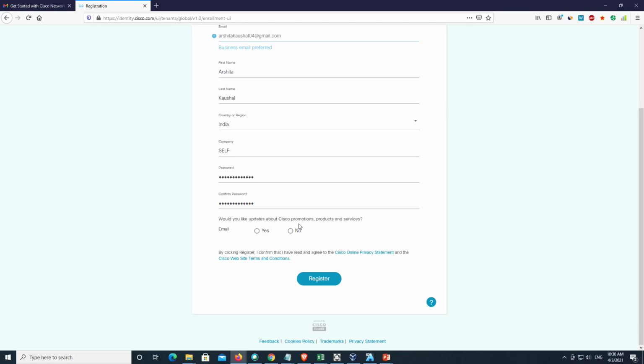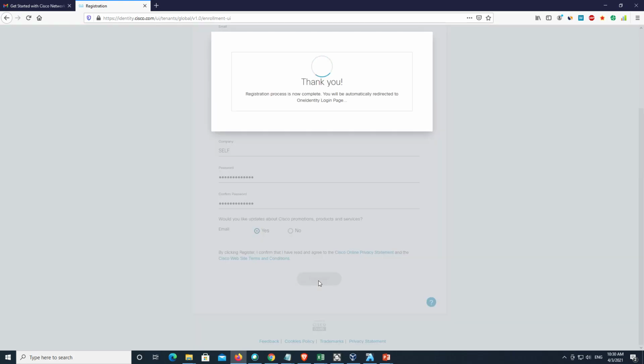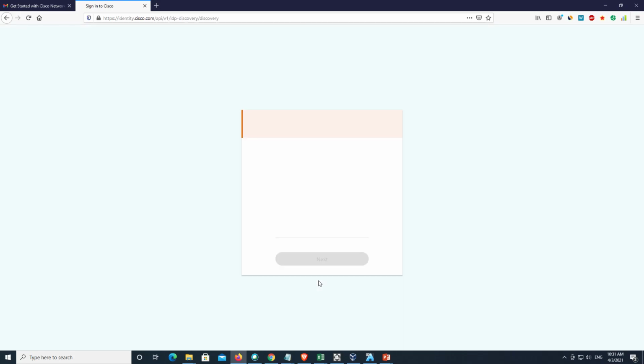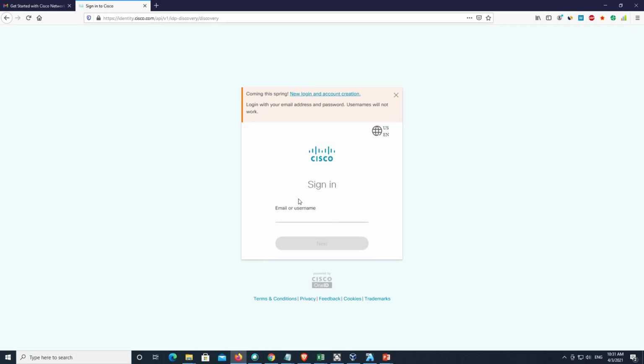Then it asks whether you would like updates from Cisco. You can click yes or no, it's up to you. Then just click on register and wait for the registration process to complete. After that, you will be redirected to the NetAcad login page.